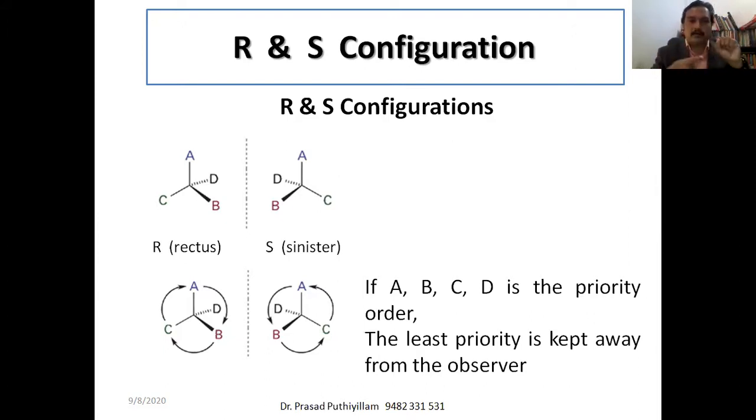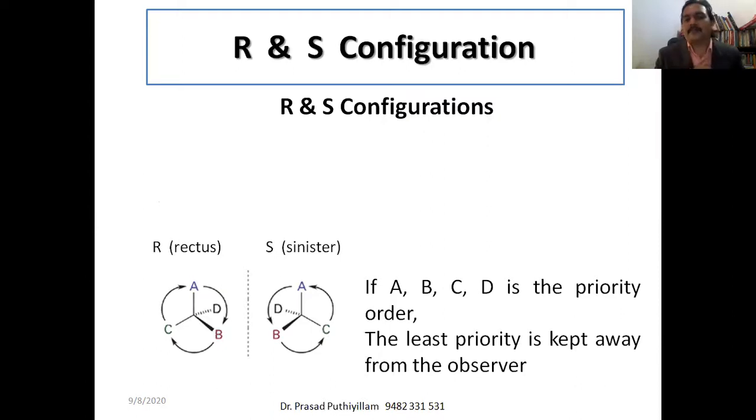If I show clockwise here, the mirror image comes, so this is the clockwise for you. If it is in the clockwise direction, or right direction, that is the R configuration. If it is in the left direction, then it is the S configuration. What I am showing on the screen is my mirror image, because the camera is catching me. Therefore, if I rotate like this, it is my clockwise direction, but for you this is the clockwise direction.